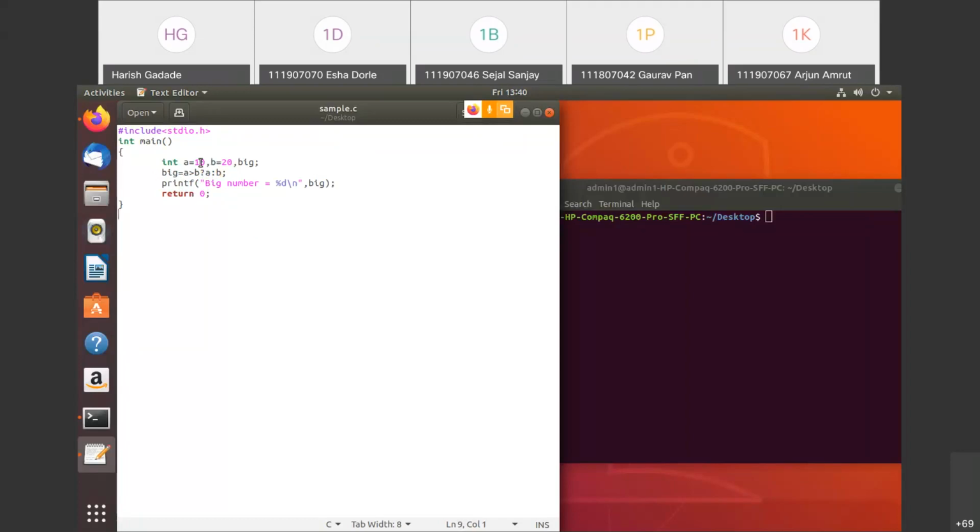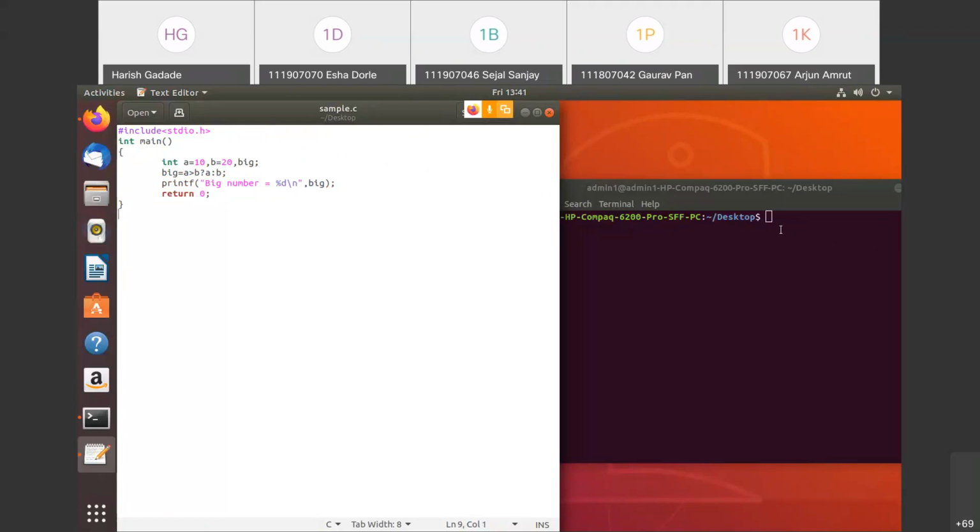Now here, as our A is 10 and B is 20, the statement A is greater than B is not true, because A is 10 and B is 20, so this first condition becomes false. So in this case, whatever is the value of B will be assigned to big. Getting it? And here we have printed that big value.